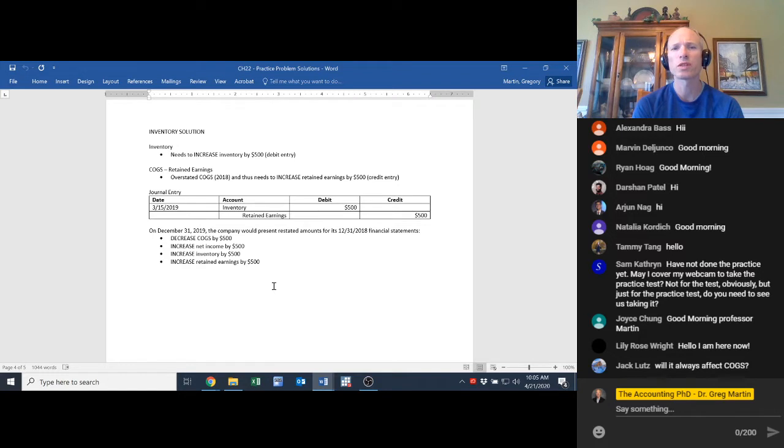The vast majority of the time, though, when you're doing an inventory count, usually the purchase was recorded. It's not like we just missed it altogether. It's usually a situation where either something's in transit or there's just different things that can happen where you may miss it in your count, or just a mistake was made. But for the problems that we might have on a test, assume everything else is done correctly. So I'm always going to be very specific about the error that was made, and so just don't read more into it. If it just says we missed it from the ending inventory count, it means it was missing from the ending inventory count. But that's a good question, Jack.